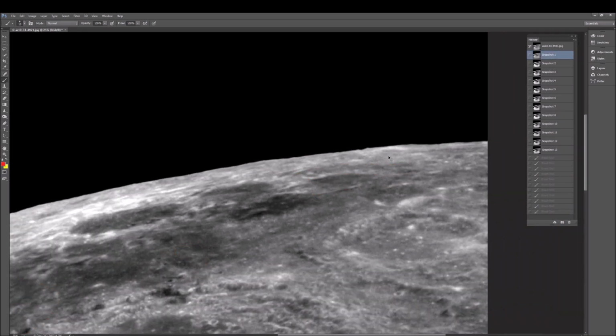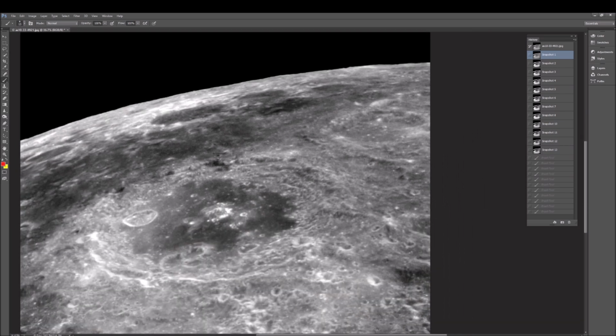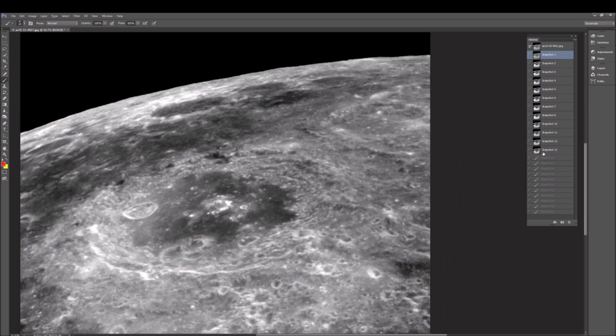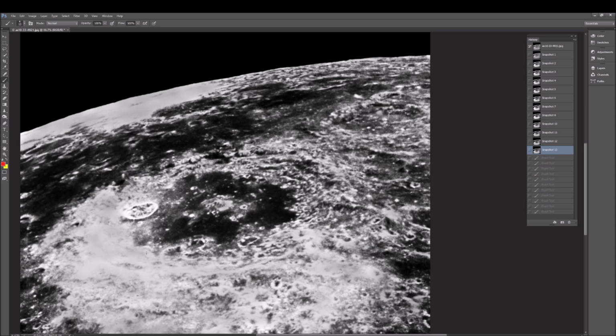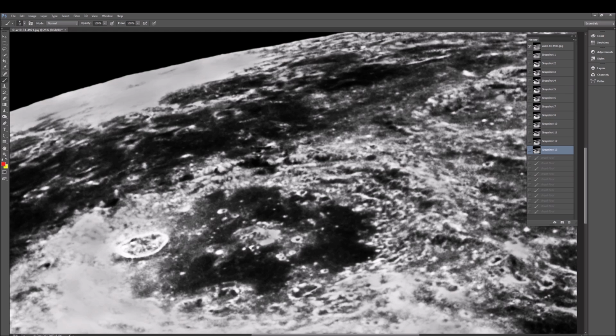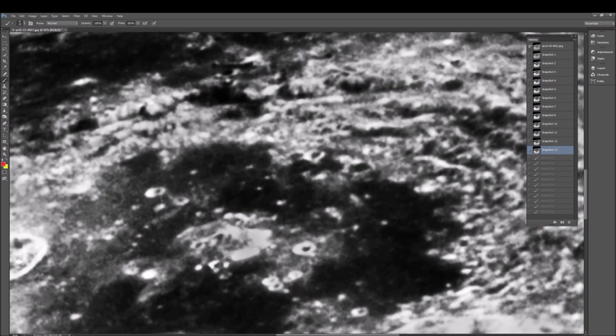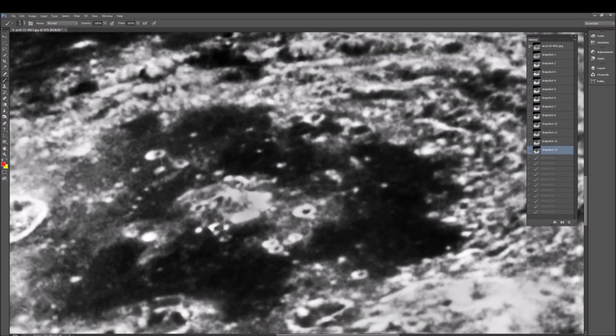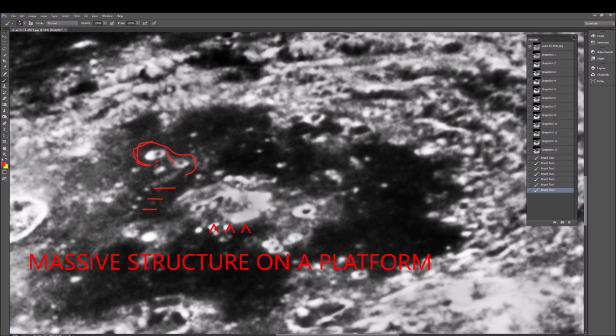All right, let's back up. I'm going to jump right into the full enhancement, and then we're going to dive right into this. Okay. Let's have a look now. Look at how these things look like they step down. We've got one that appears to connect with the other down here. Looks like it drops down. Another two little dots right there. I'm not sure what to make of that. But it looks like it goes down